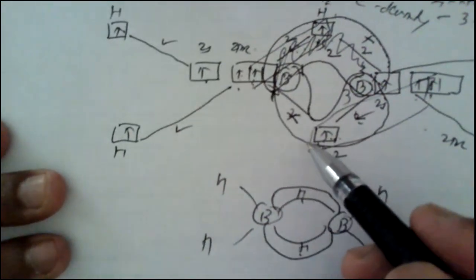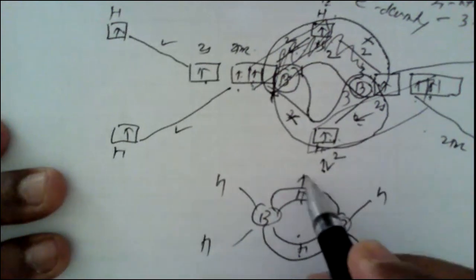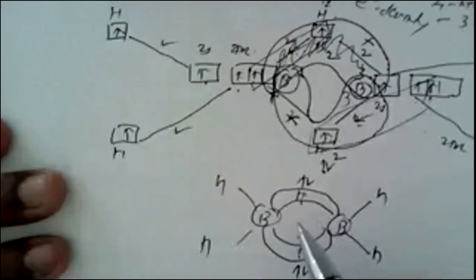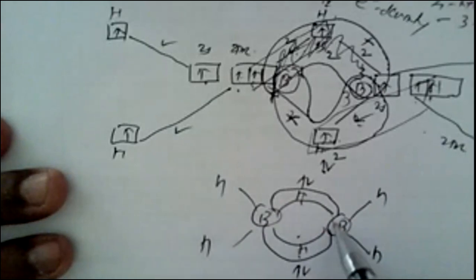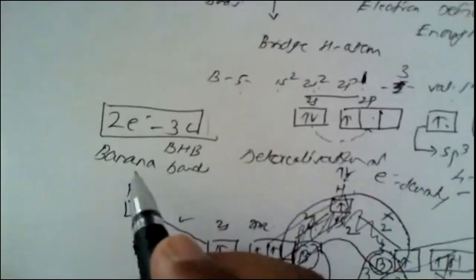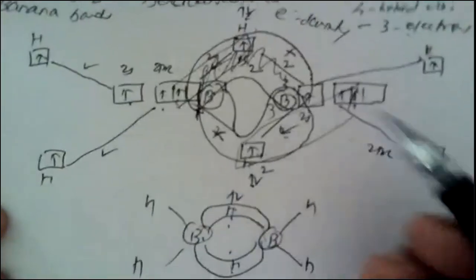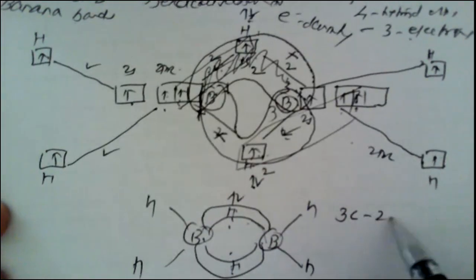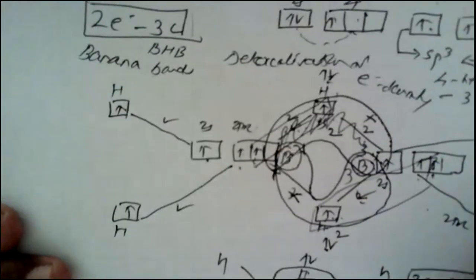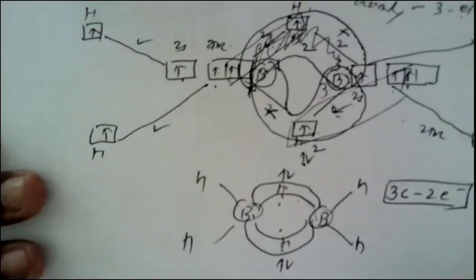Those are known as bridge hydrogen atoms, where for a common pair of electrons, there is a scarcity of electrons to join all the atoms together in the molecule, and hence that electron density spreads over these three atoms, boron, hydrogen, and boron, equally. This equal spreading of electron density takes the shape of a banana, and hence all these bonds are known as banana bonds. So this bond is a three center two electron bond. So you must remember this particular word, that is a three center two electron bond.